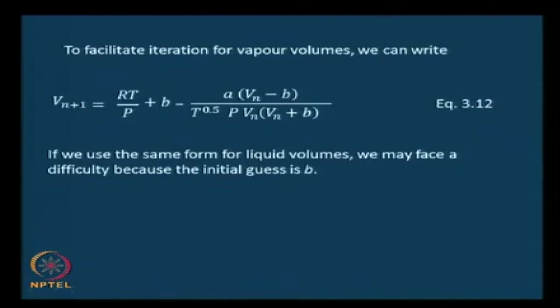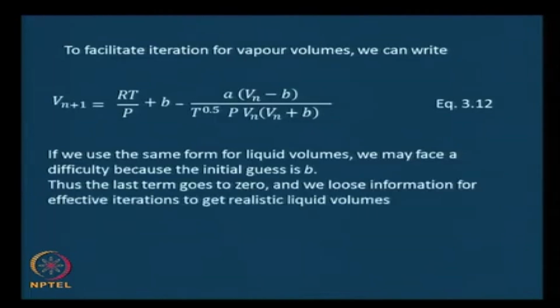Why? We said our initial guess was going to be B, and if our initial guess is going to be B, you substitute it here, this entire term will go to 0. Therefore, we lose the information that is given by this term altogether, and maybe either the values that we get will not be realistic or there may not be convergence at all. Therefore, we need another form of the Redlich-Kwong equation to estimate liquid volumes,